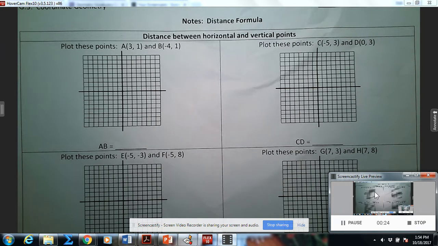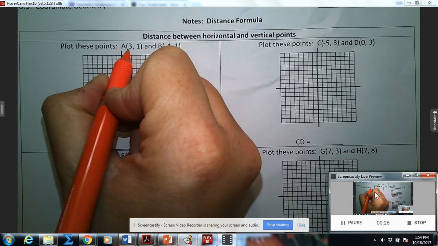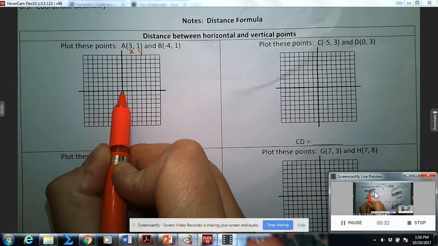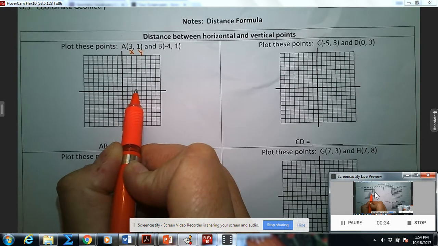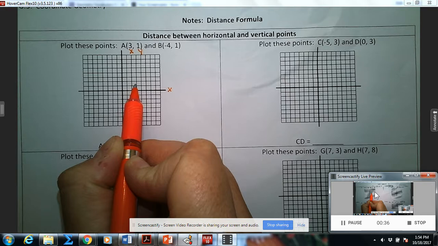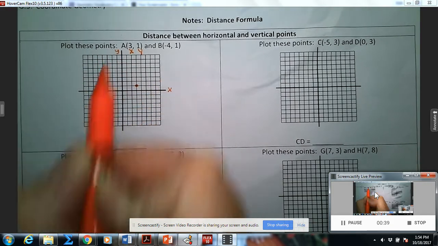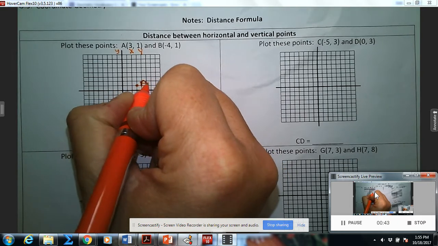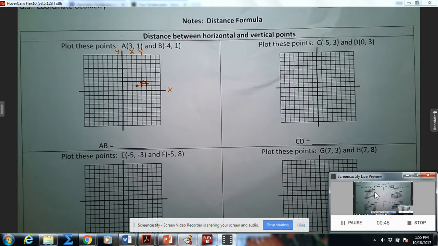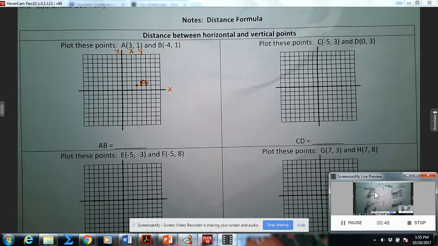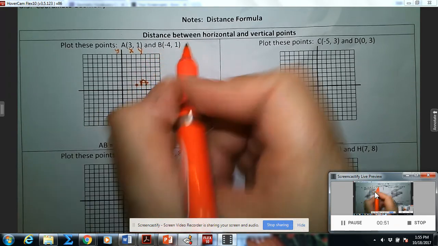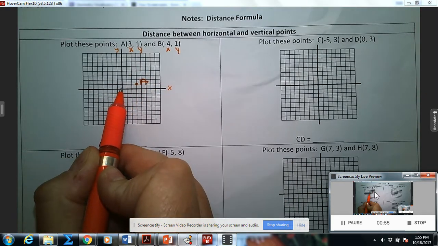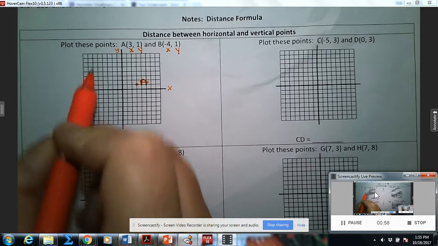First things first, it says to plot these points. So this is the point 3, 1, which means 3 is the x value and 1 is the y value. So we move right 3 down the x-axis and up 1 on the y-axis to get to point A. Remember, a point is a location, so it totally makes sense that a point is on a coordinate plane. Then we need to plot the point B, which is at -4, 1. Again, -4 is the x value. Here we go left 4 and up 1